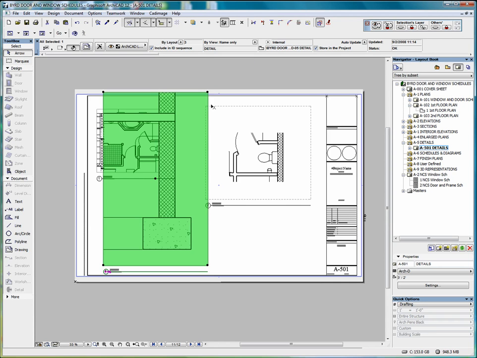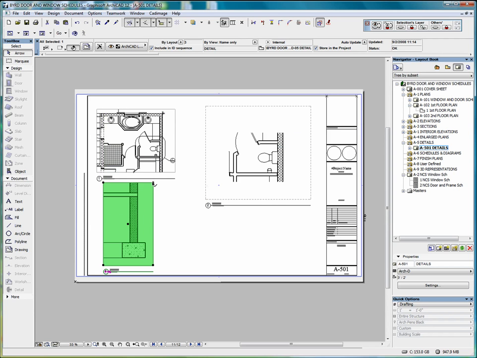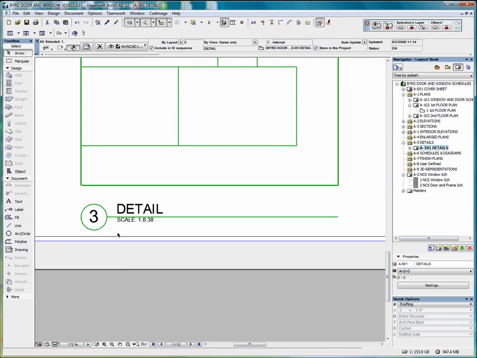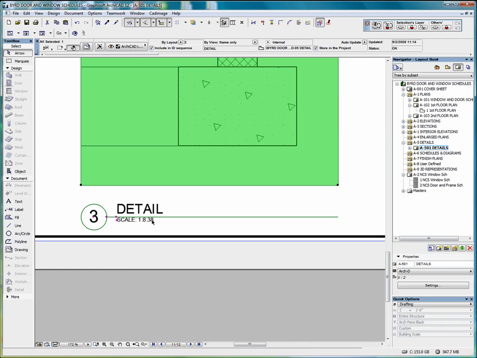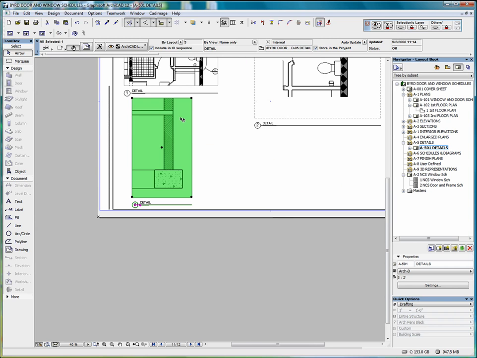If we're not particular about the scale, we can grab it and stretch it to any size we'd like. Now we have an uncommon scale, but